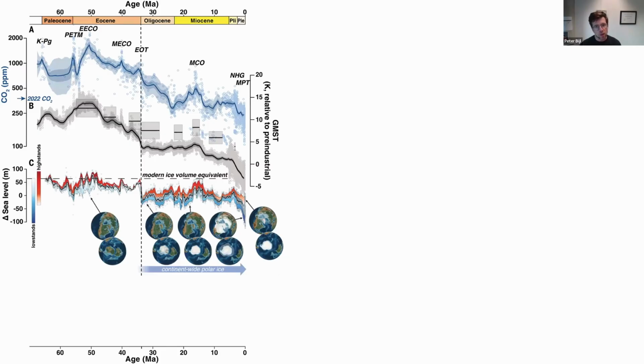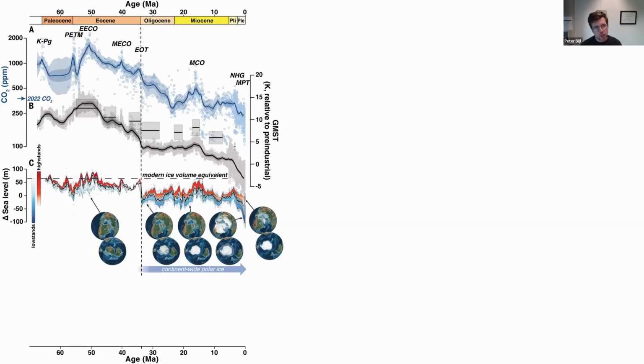And in gray, a representation of global mean surface temperature, which is derived from the benthic foraminiferal oxygen isotopes with some assumptions. And you see the consistency between the trends in the two. So particularly high atmospheric CO2 levels during the early Eocene climatic optimum, and also high global mean surface temperature. And then from about 50 million years onwards, you see this gradual decline in CO2 and temperature.